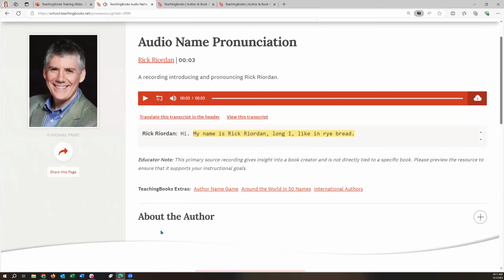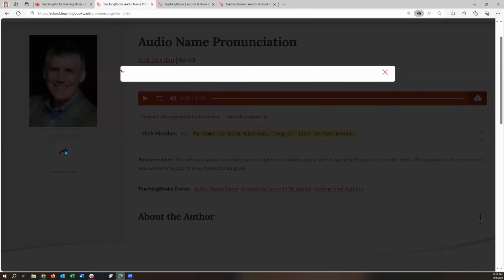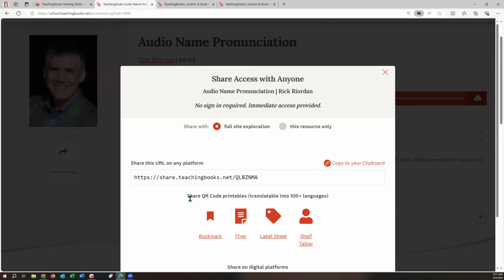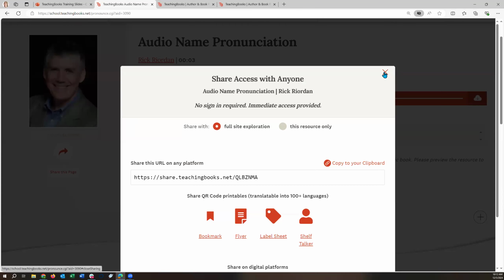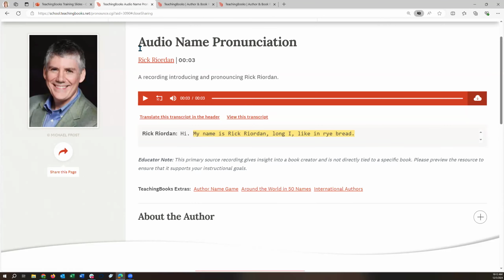Now I will never forget how to pronounce his name. But if you wanted to feature some of Rick Riordan's books, you could always have some of his books on a display on top of some shelves. But you could use the sharing option and maybe use bookmarks or a shelf talker that goes straight to this name pronunciation. So you're featuring his titles and you're letting him introduce himself to your readers. Then if we go back to the page,